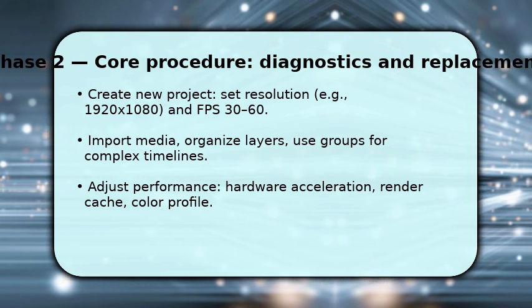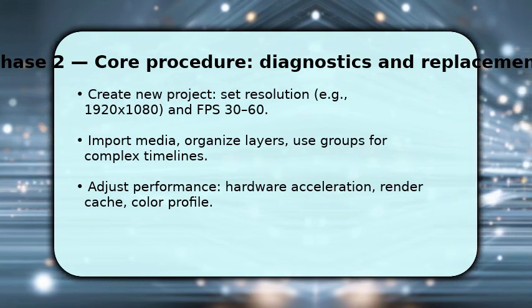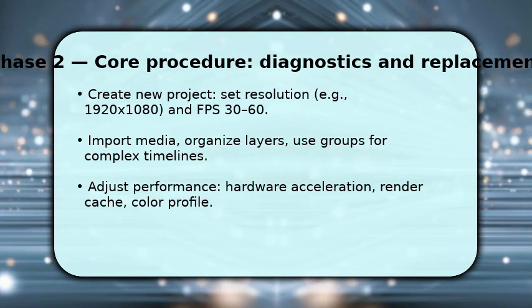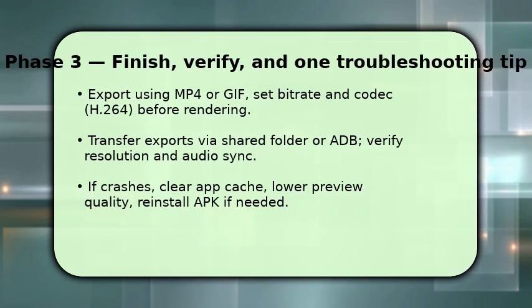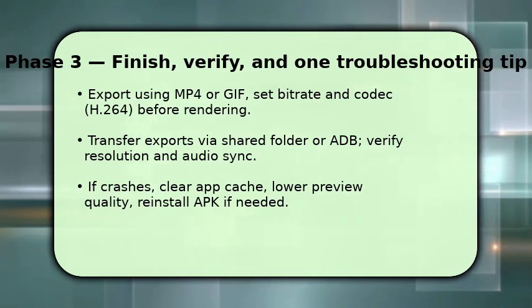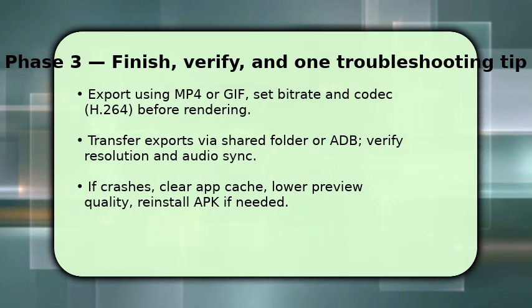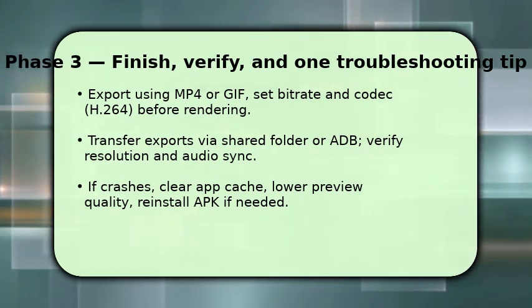Make sure Alight Motion's color profile matches your target output to avoid hue shifts. This optimizes playback and keeps key. You finish by exporting with the right format and bitrate. Choose MP4 with H.264 for general delivery, set bitrate to balance size versus quality, and confirm audio sync before